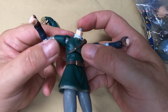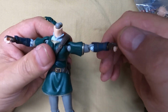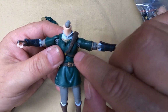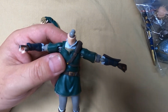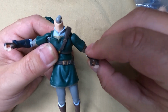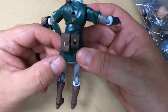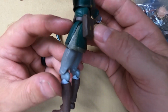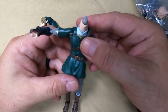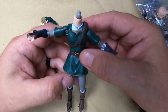Sorry if this is blurry, like in the Storm Shadow video. It's just the camera. I apologize. But they're just ball joints that snap in there. But the elbows seem pretty sturdy. I mean, he has details here like his pouches. You can see the chainmail under his, oh, I can't think of the word, tabard. I don't think that's it, but